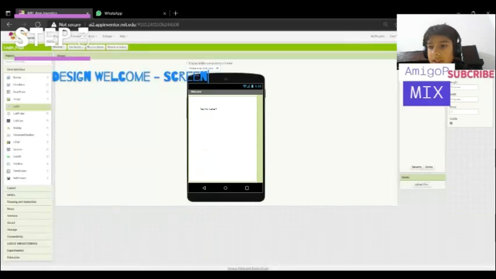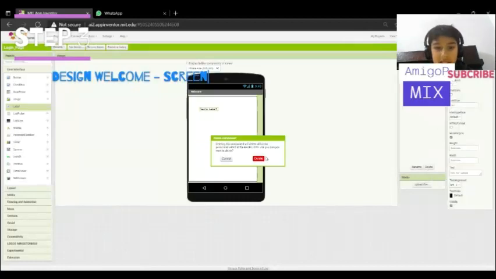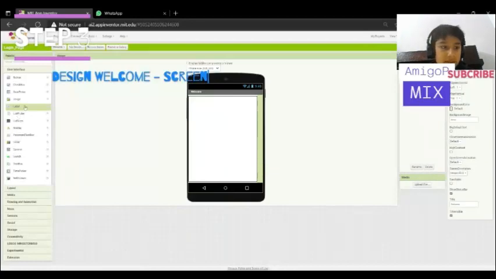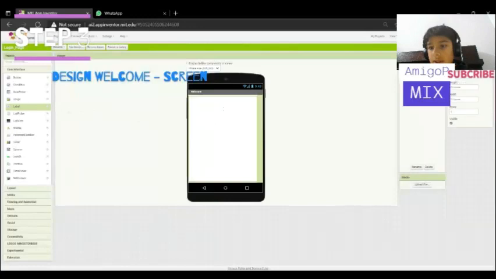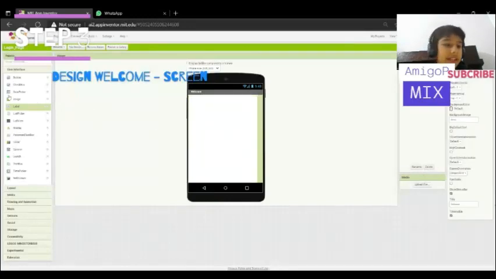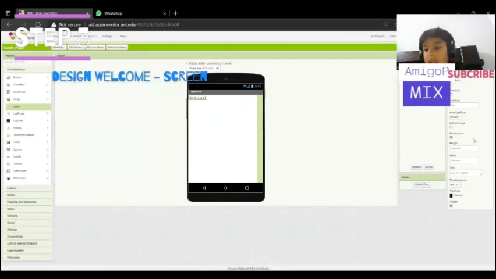Or let's just not use the label because it's kind of confusing. I wanted, and you go to label. Oh my gosh, why did I do a table arrangement? I'm sorry guys, I'm sorry. You go to label 1, and you go and welcome,